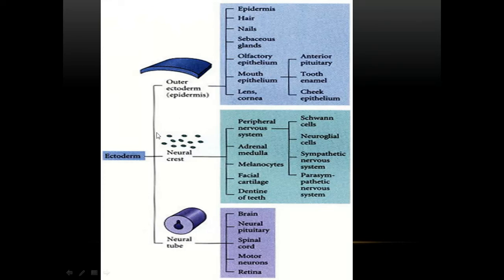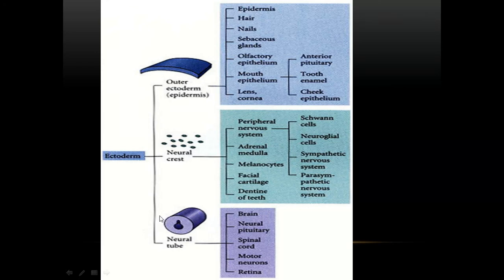Neural crest is a second group of cells coming from post-neurulation ectoderm, which gives rise to the following structures: peripheral nervous system, nerves, and supporting nervous tissues. Okay,